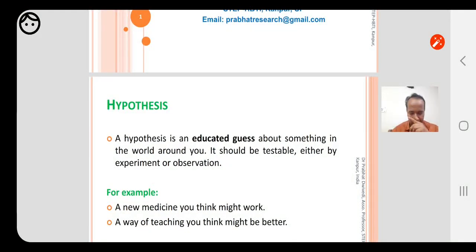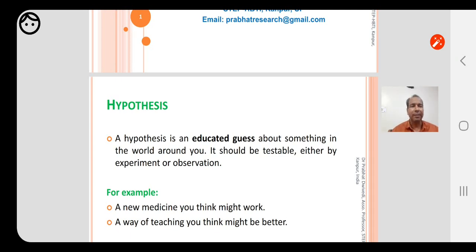So, just to revisit what hypothesis actually is. Hypothesis is an educated guess about something in the world around us. It should be testable either by experiment or observation. This is what we have learned in the last lecture.